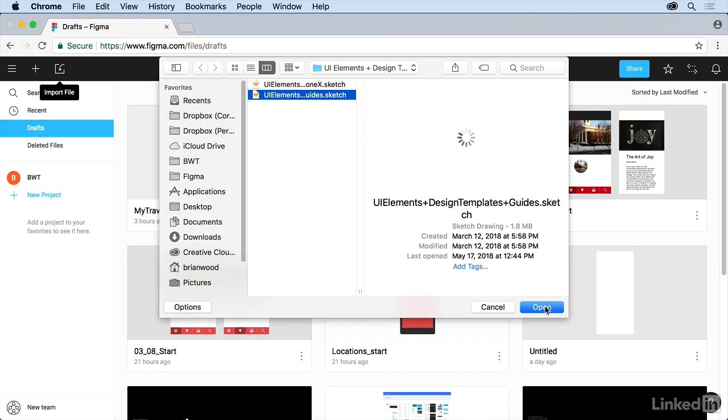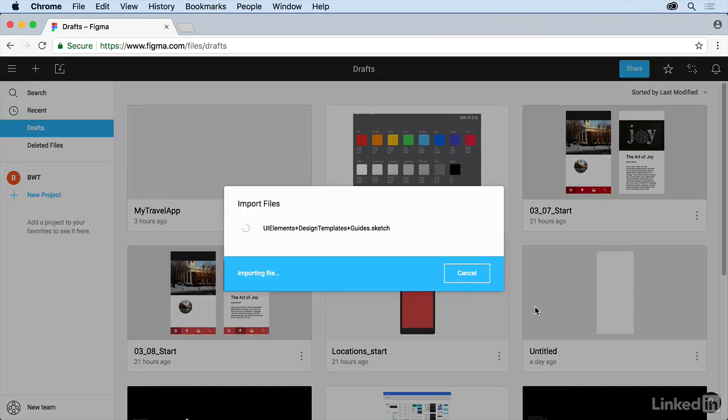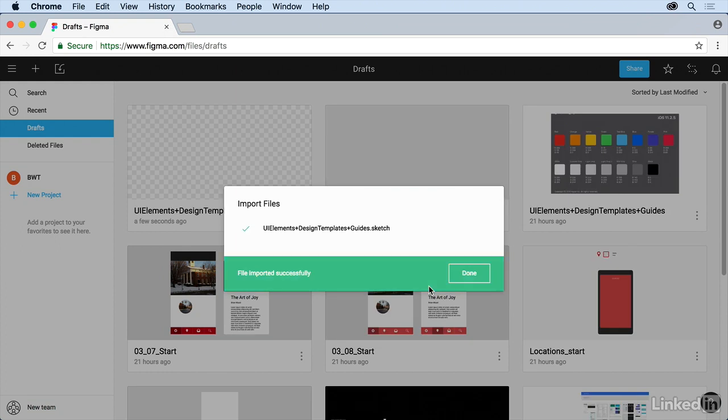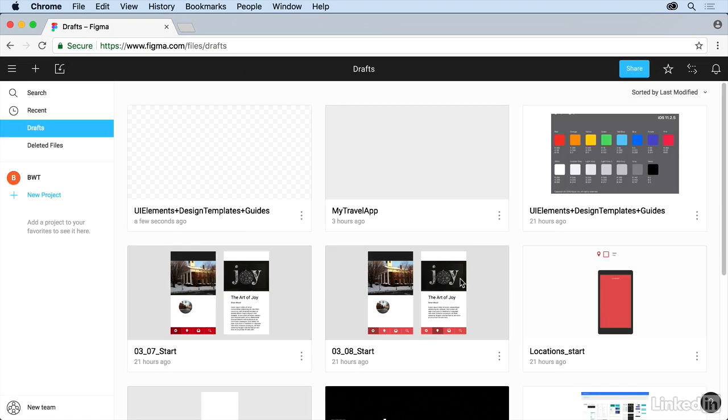I'll open that up. Now it's 1.8 megs, which is not that big to you and I, but what's going to wind up happening here is it's going to try to import it, which essentially means upload it. So it might take a little while. There we go. That wasn't that bad. I'll click done. And if you open it up by double clicking on the file here,